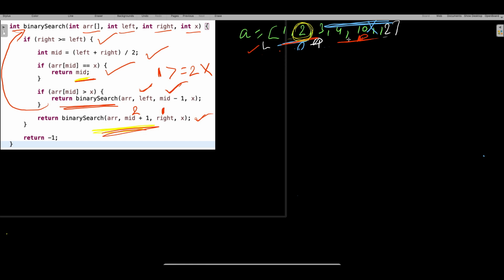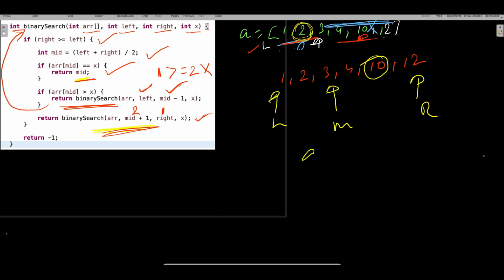So as I said, when this is the array, right? Let me rewrite again, 1 2 3 4 10 comma 12, right? So if this is the case, assume that this is your left, this is your right, this is your middle, right? You are looking for number is equal to 10. When you are looking for 10, and let's say your middle, a of m, is already lesser than the number, right? Does it really make any sense to work this side? No, right? In that case, where we need to work? We need to work somewhere here, right? Our output will be somewhere here.